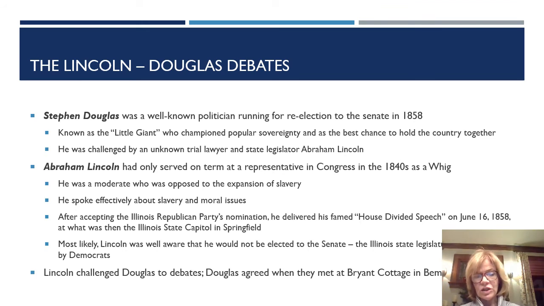But he's challenged by Abraham Lincoln, who's really this unknown lawyer who was a state legislator in Illinois. So Abraham Lincoln is chosen by the Whigs to run as a senator in Illinois, right? But he knew he wasn't going to be elected because at this time, the senators were chosen by the state legislators, not by the people. And because I believe Abraham Lincoln was a long thinker, I think that he thought this is how he's going to make a name for himself, and then he can run for president of the United States. But anyway,